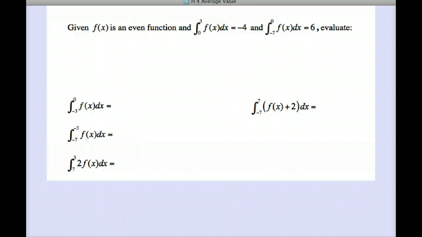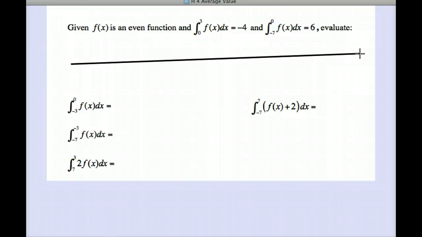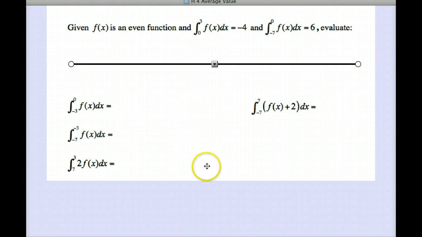So what we can do is draw a number line for this function and then fill in the information based on what's given to us in the graph. Let me fix that number line. Right here. Okay, so if I take a look at this, I can see that this is an even function. Because it's an even function, that means the values are exactly the same on the other side. So if I go from 0 to 3, here's 0 and here's 3,